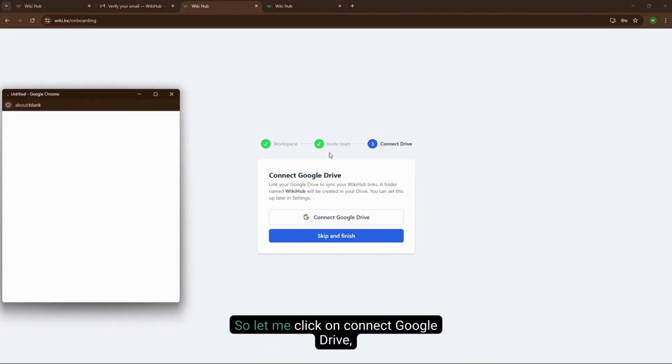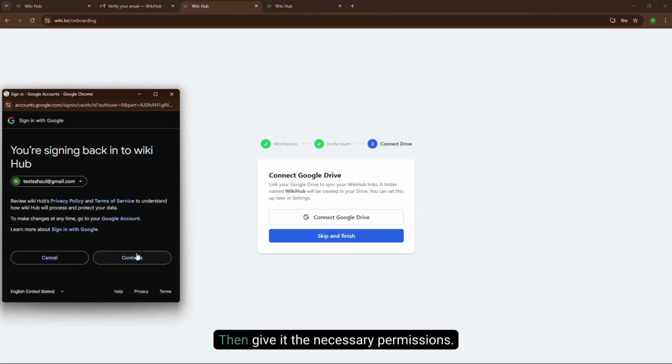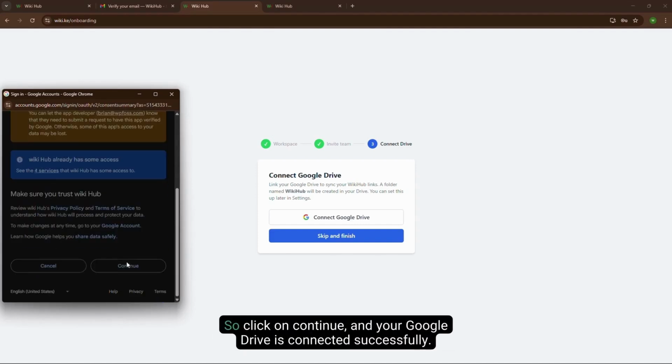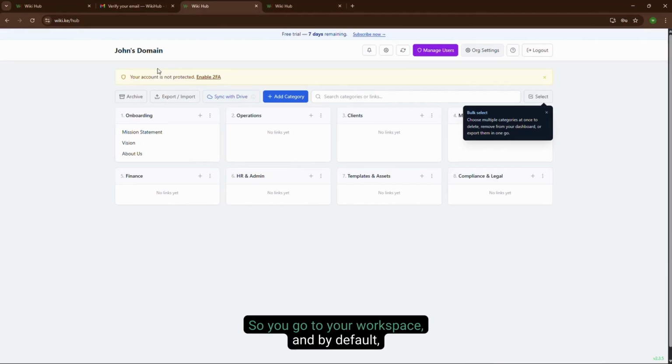So let me click on connect Google Drive. Then give it the necessary permissions. So click on continue. And your Google Drive is connected successfully. So you go to your workspace, and by default there are some categories and links, but these are just